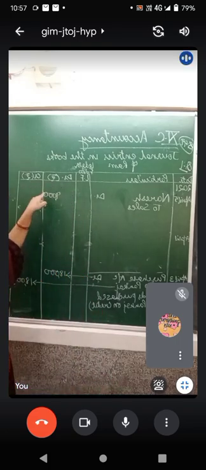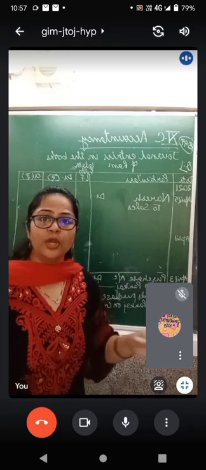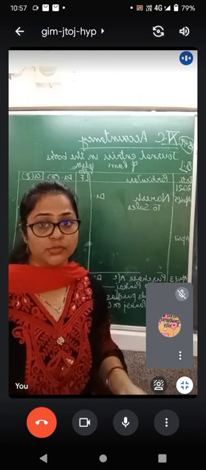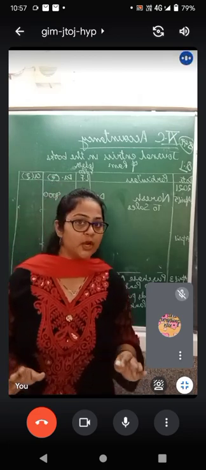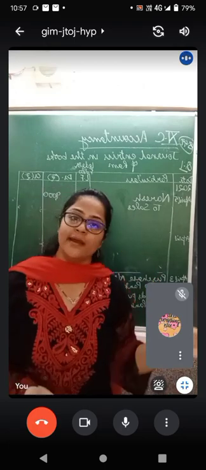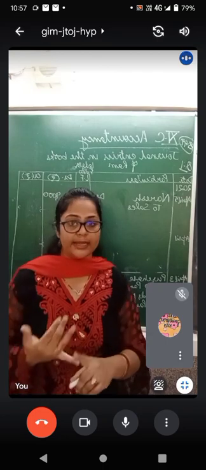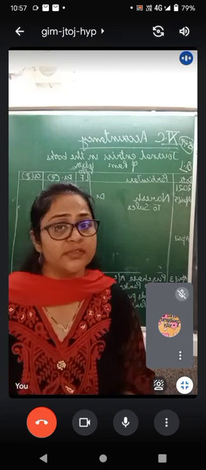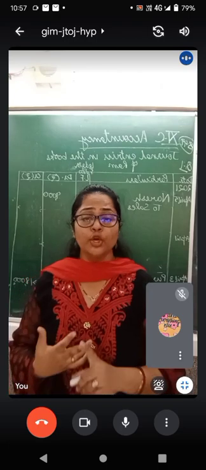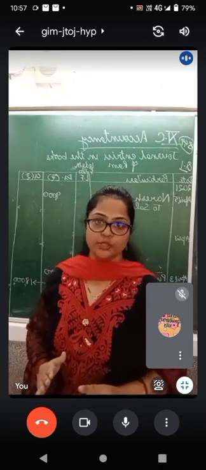Please make sure that you stick to the left side of the column as much as possible while writing the amounts. If you will understand these basics right from the beginning, you will enjoy studying accounts. And if the basics are not clear to you, then you will keep on scratching your head. Why is this debited and where has this come from? So please make sure that your basics are clear. Ledger and journal and trial balance, it is very important for any accounting student to know the rules. As much practice you do, the better your position will be.